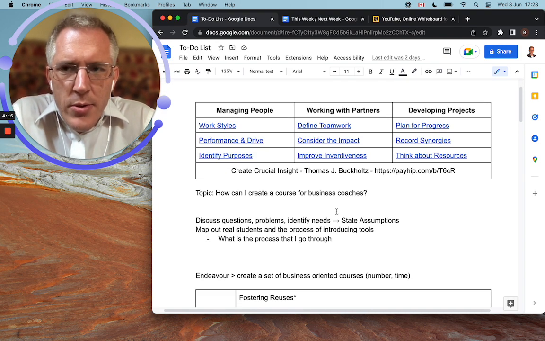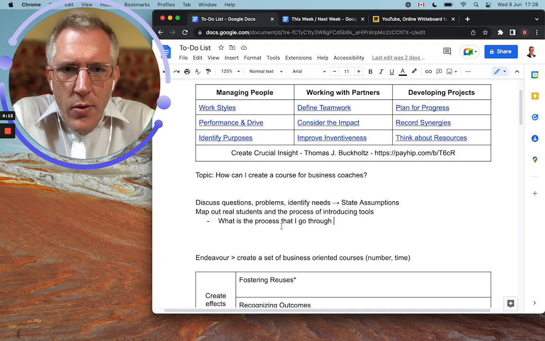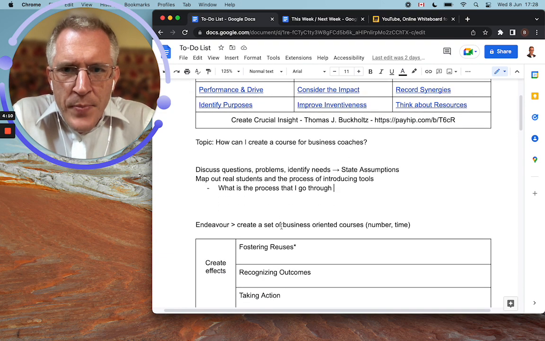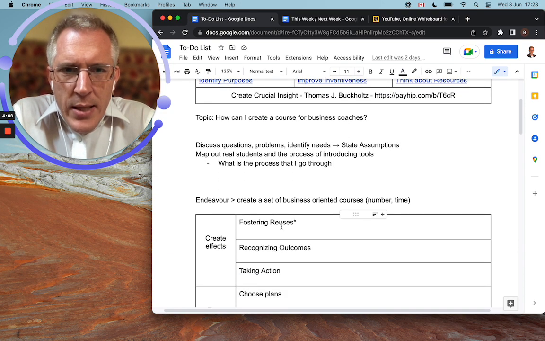So what are we trying to do here? Let's just take a quick review. How can I create a course for business coaches? Discuss questions, problems, identify needs, state assumptions. Okay. Map out real students. Yeah, so the thing about this mapping out